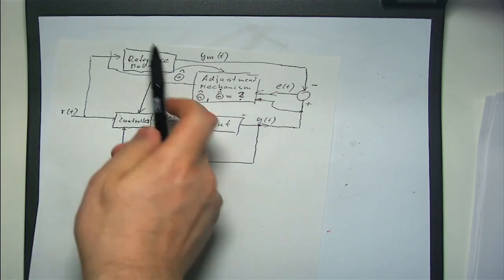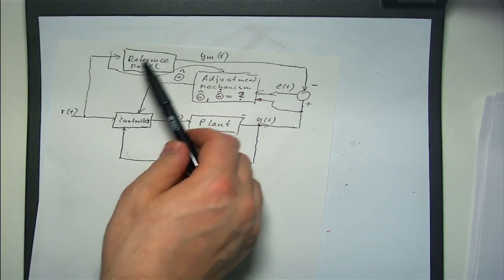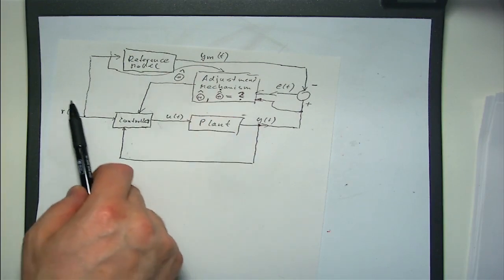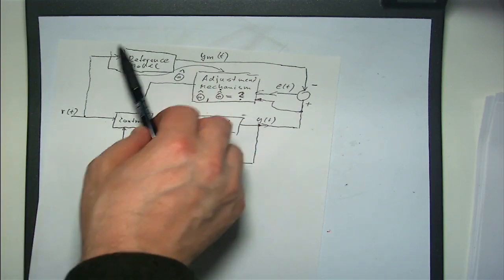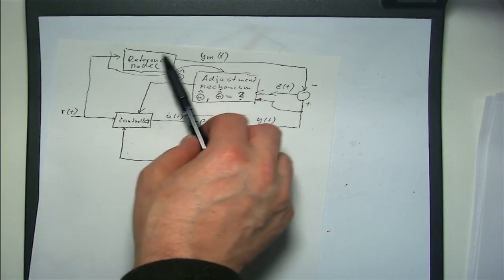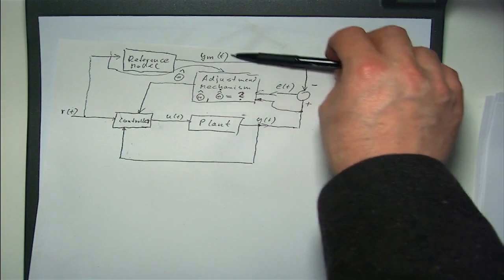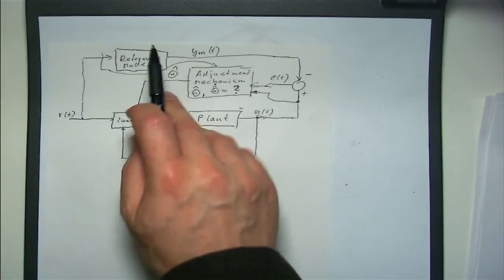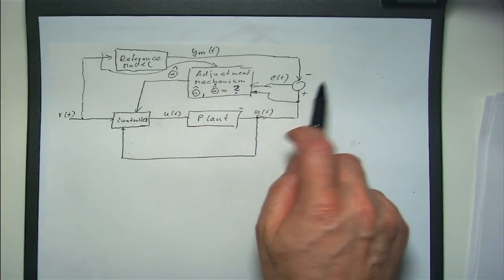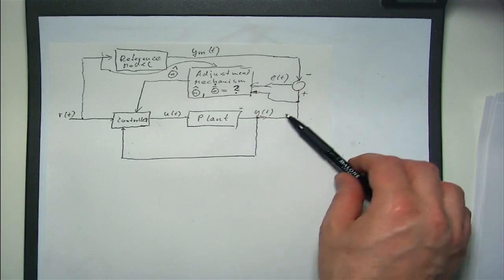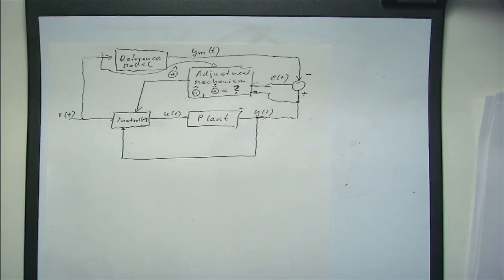But what we want to do is effectively that we are following here our reference model. We are having here a demand R. That demand R affects the reference model, and we have a so-called output Ym. That output Ym in principle has to be compared with our plant output Y. So we want this reference model to pretty much be the dynamics for our closed loop controller.